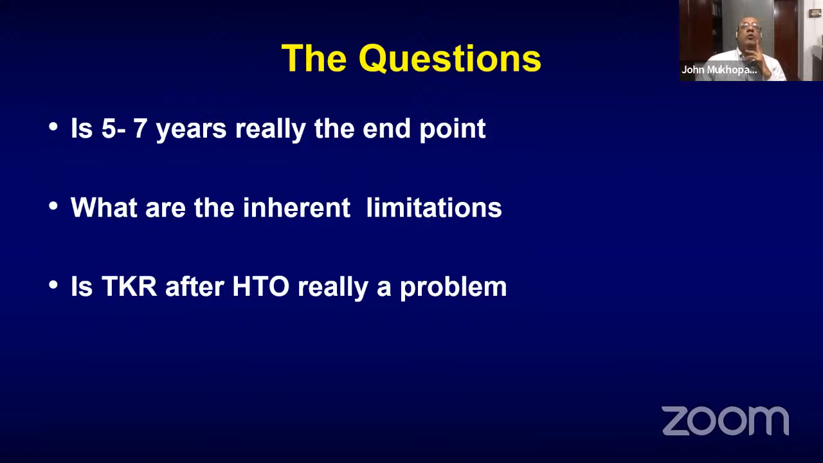So the questions that come to us is that, is 5 to 7 years really the end point? What are the inherent limitations? Is TKR after H.T.O. really a problem? Okay, so